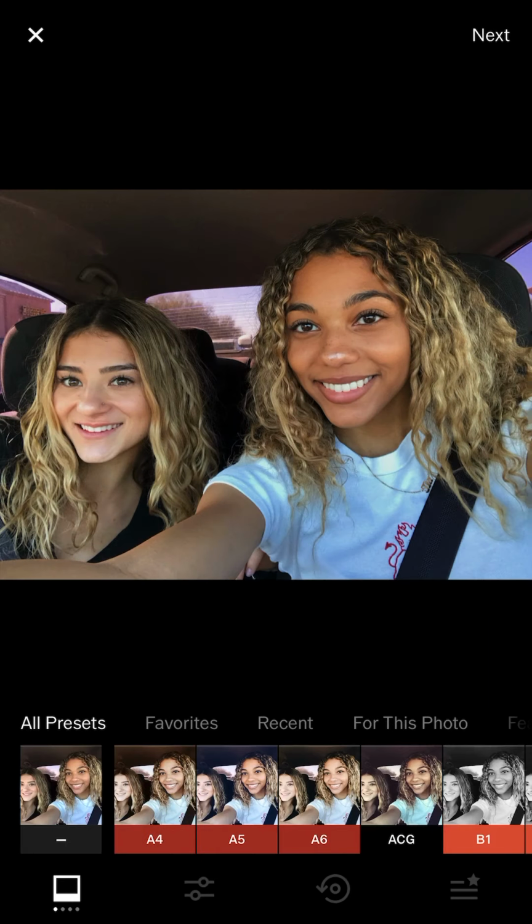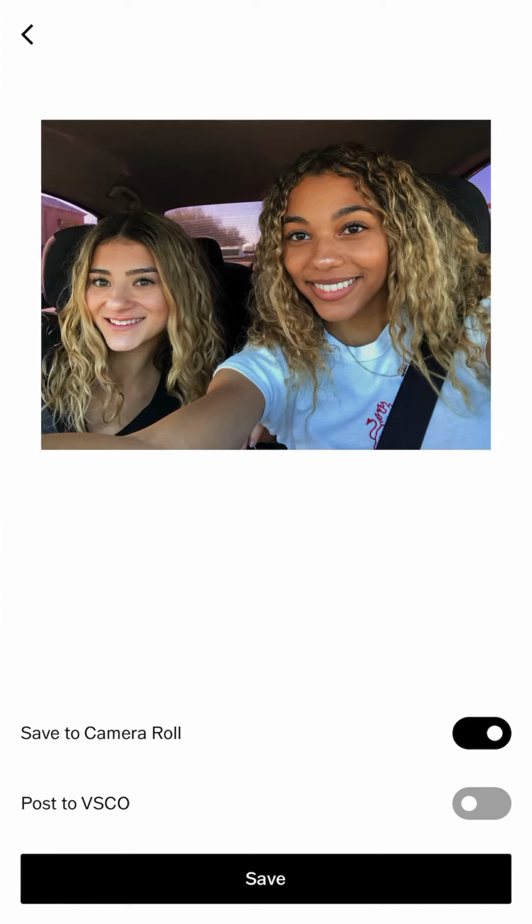But I prefer to leave it one or the other, not do both. So I'm going to take the photo that I have that I like, the original, what I've done to it, and I'm going to hit next at the upper right hand side of the screen, and it's going to say that you're going to save it to the camera roll. So you're going to press save. You can post it to VSCO, but VSCO is